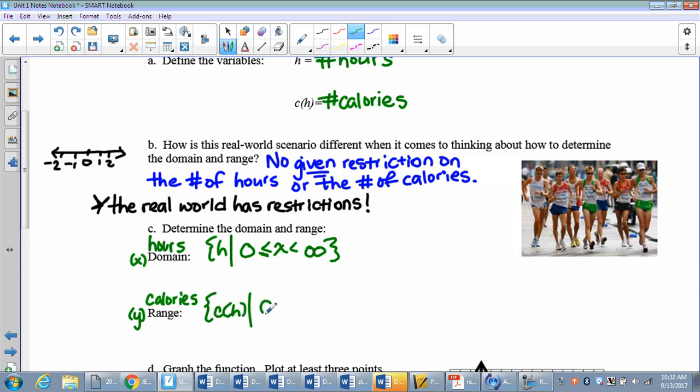the smallest possible number of calories in the real world is 0 calories. I can have 0 calories. And then in theory, we can talk about hundreds of calories, thousands of calories. So really, it'll go forever. I mean, no one really talks about 1,000,000 calories, but technically 1,000,000 calories could exist. So 0 to infinity. So the big learning moment for number 2 here is that if no restriction